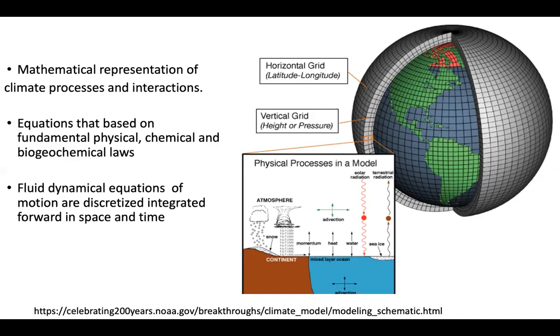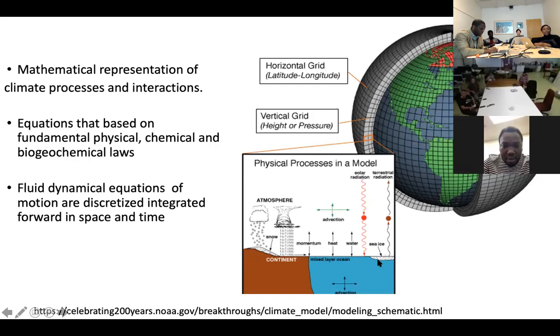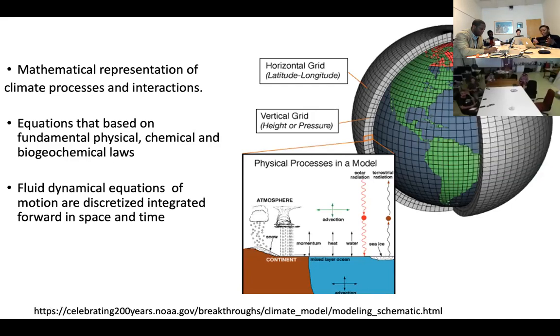In the ocean too, you have biogeochemical processes that can feed back into the system. And then you have sea ice that also plays a role, and land ice and snow. So it's a very complex interaction that occurs within the Earth system. A climate model is a way of trying to represent this based on the physical laws that we know, to try to understand how these processes interact and then feed back on each other. So